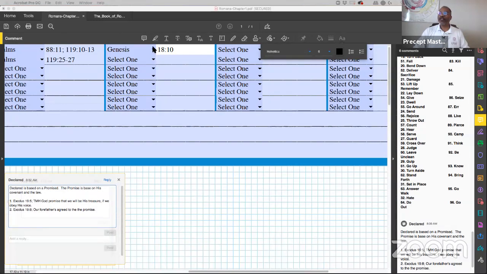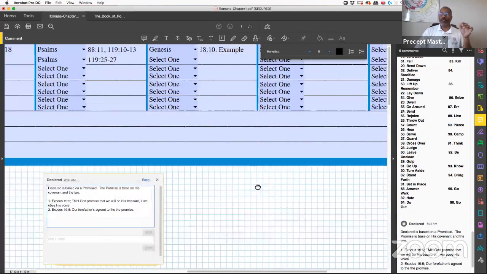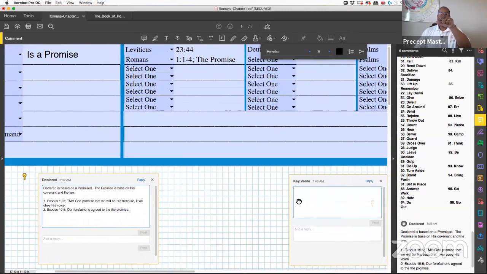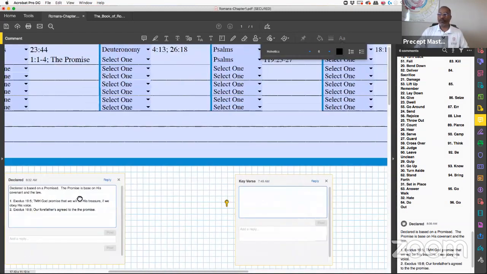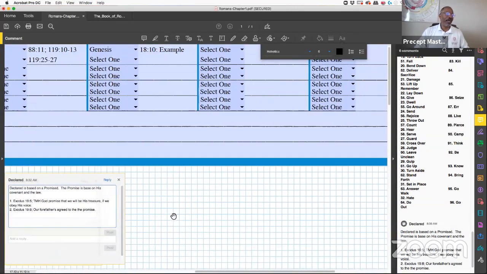So he's giving you here, and we're going to see an example. An example of what? We've seen an example of a promise. And we're going to see how that plays out. So we're going to look at the example. So we got to go through another part. Now let's go through another part. We're going to sit there and see this same example.